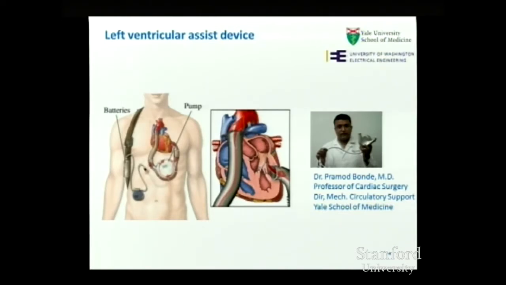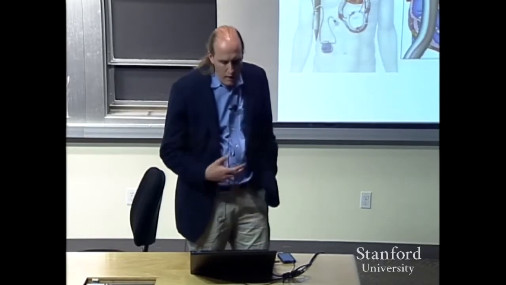Now when you put a pump in parallel with the heart, that consumes a lot of energy. It takes something like between 5 watts and 30 watts to power that pump. So there's really no possibility of battery powering this the way you can battery power a pacemaker or defibrillator. So today there's actually a cord that protrudes from the abdomen that brings the power and control signals into this pump. And as you can imagine, that gets infected, and that seems like is really limiting how much LVADs can